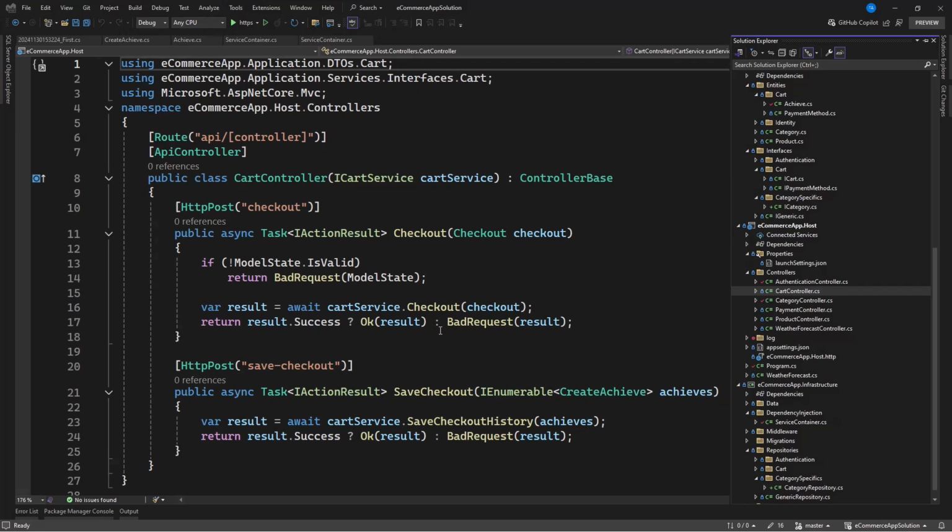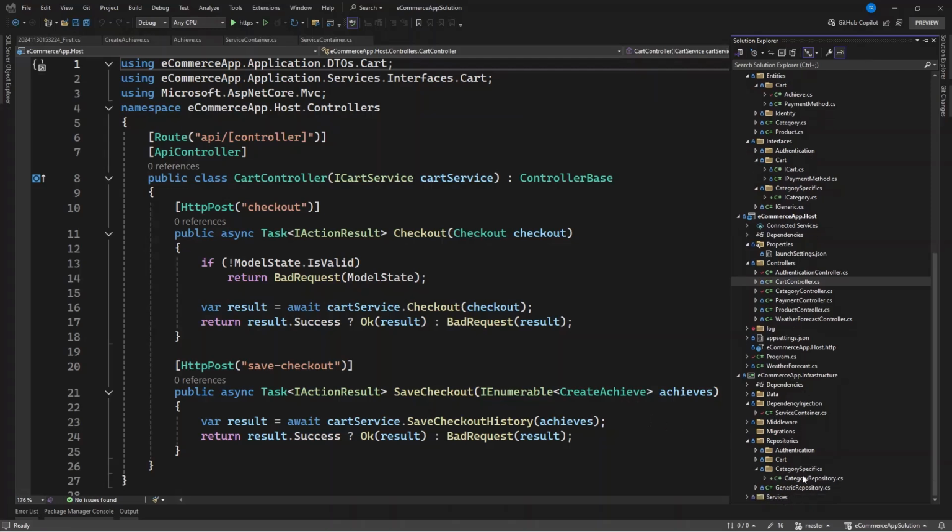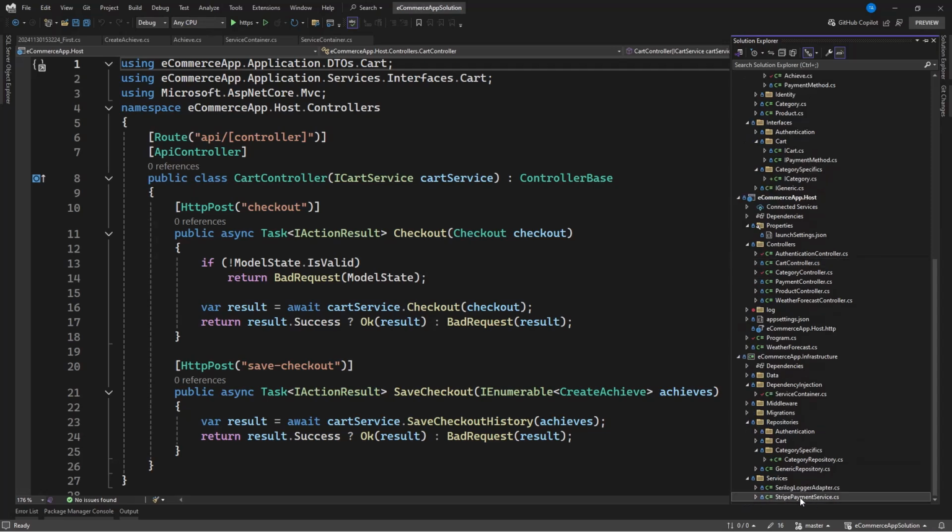So in case the user cancels the request to make payment, we can display something like payment cancelled. Or in case it is successful, then we do the same. So in that, we need to update these parameters in there. Now go to your infrastructure and check the Stripe service that we created under services, the Stripe payment service, and